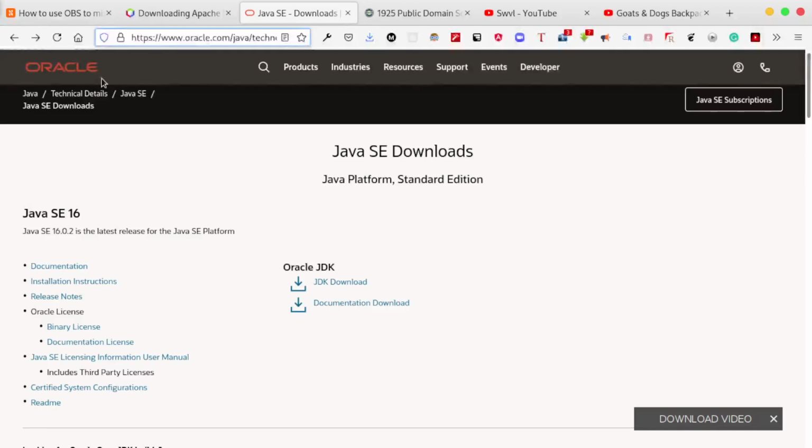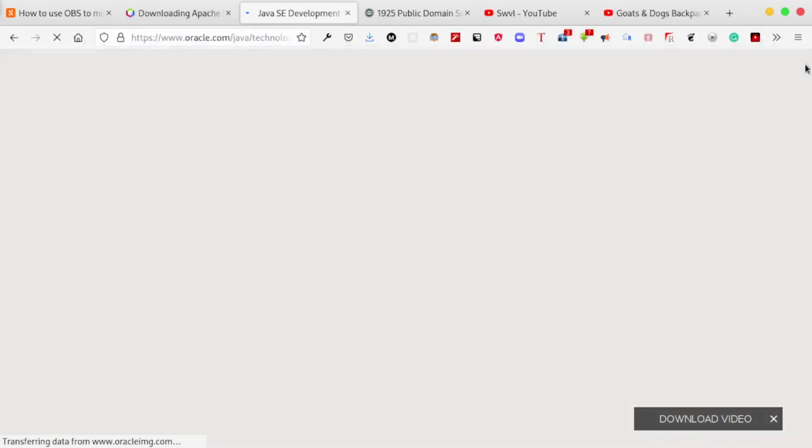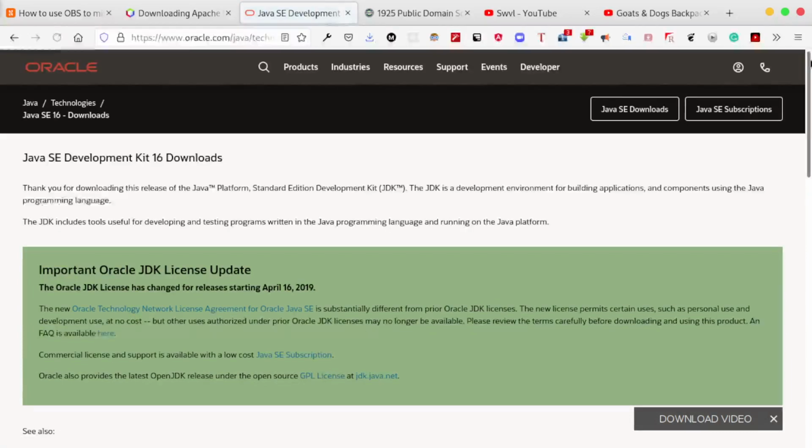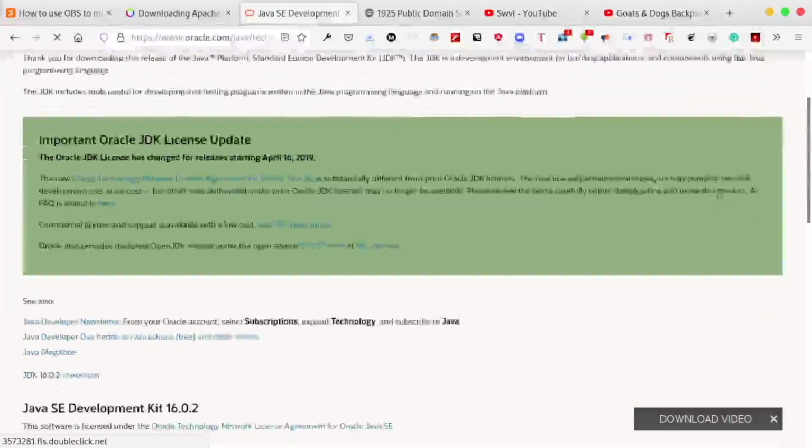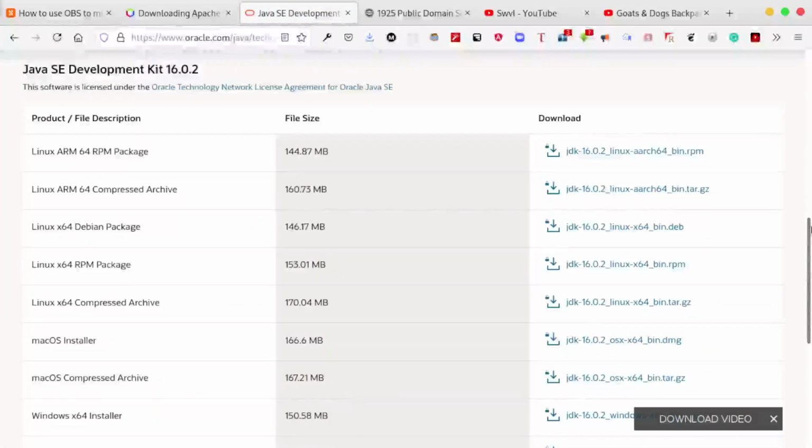But for you to be able to follow along with me, kindly let's just use Oracle JDK, which you just find on the Oracle website. You can see it here. It's written JDK download. Kindly note that we're using JDK, not JRE, because we are developing applications. JRE is for you to run applications.